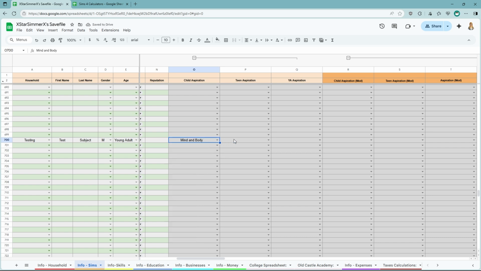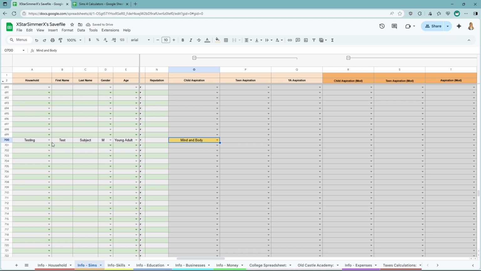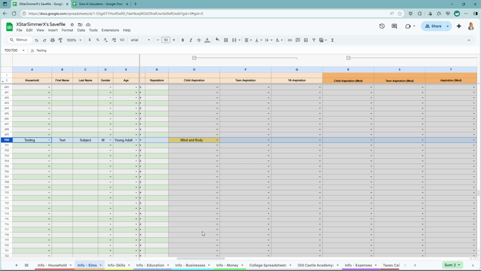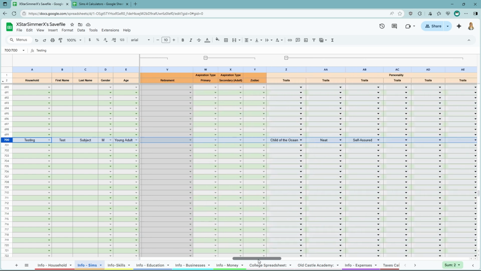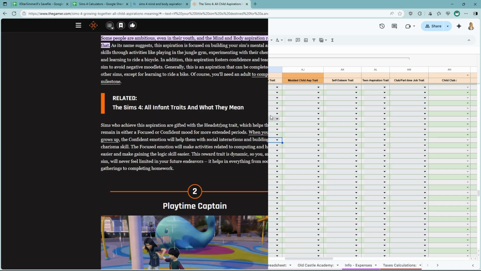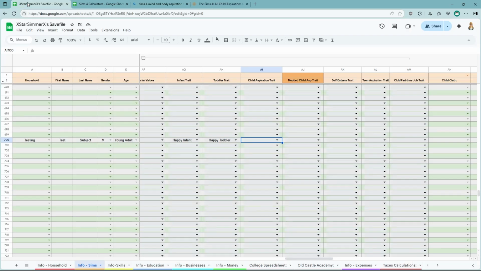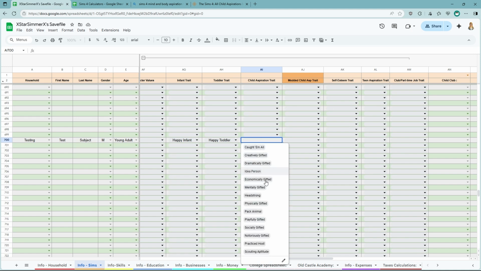Now, I'm not going to go through too much, but we just kind of randomized to see if people would have completed their aspirations. If you were to have completed this as a child, we make it gold. And when it's gold, that tells us, hey, they completed that. And when they completed that, we scroll on over here and you have your child aspirational traits. Okay, so as you can see right here, Sims who achieve the aspiration are gifted with the headstrong trait. So we're going to go back here and put in that our Sim completed it,